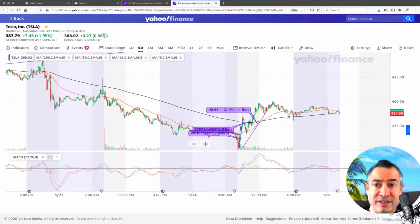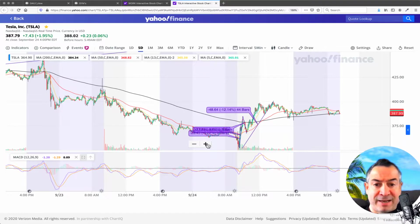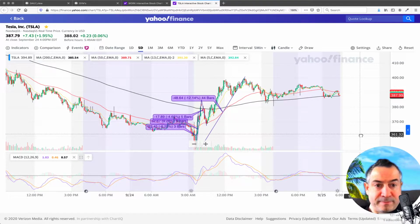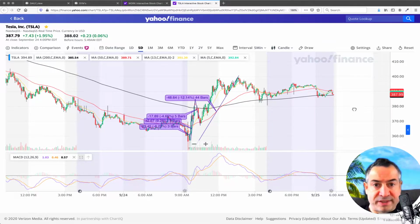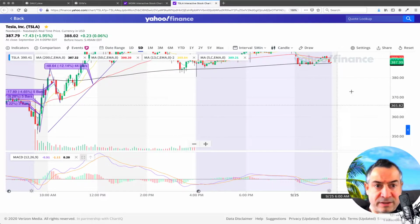I mean, you can see already some up momentum here in pre-hours, and actually it was negative a few minutes ago, but it's wanting to go up. I mean, it's trying to go up. So let's see what could be the strategy for the day. So if we zoom in into pre-market,